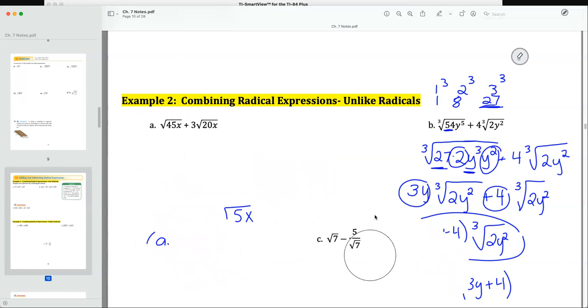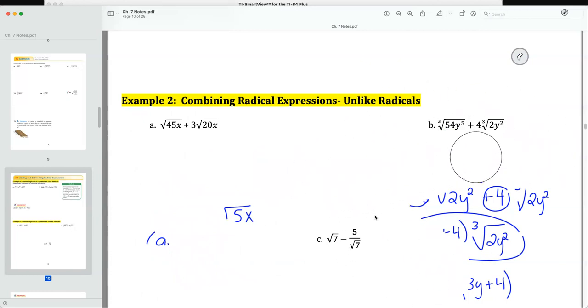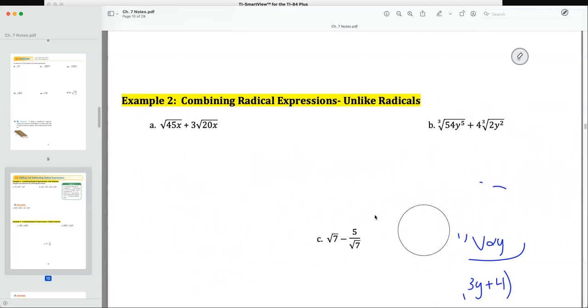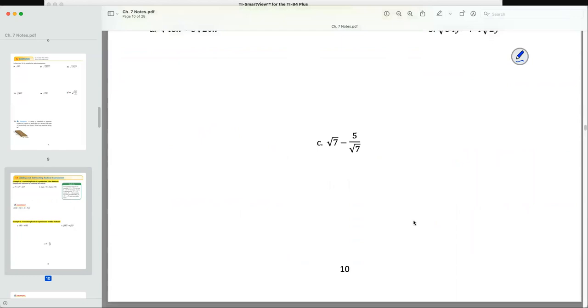So this last one here is asking us to simplify. Basically, all of these are simplify. But I noticed that as soon as I see this problem, I have a radical in the denominator of that second fraction. So the first thing I want to do is rationalize that. And I'll do that by multiplying the second fraction by the square root of 7 over the square root of 7. Then I'll be left with the square root of 7 minus 5 square root of 7 over the square